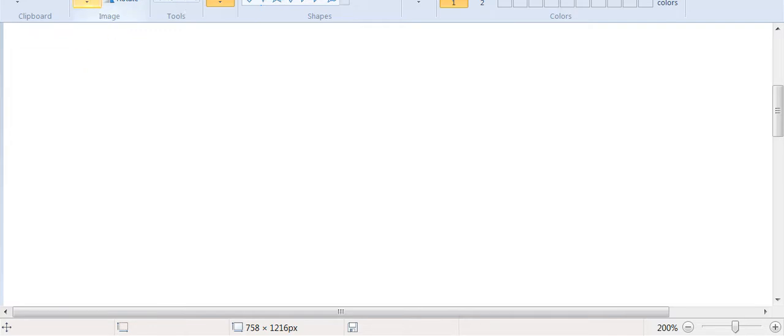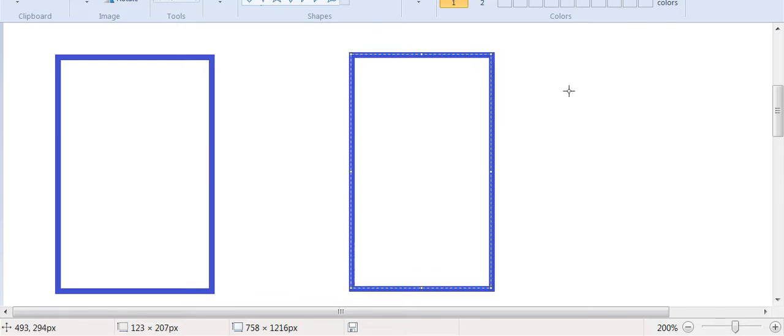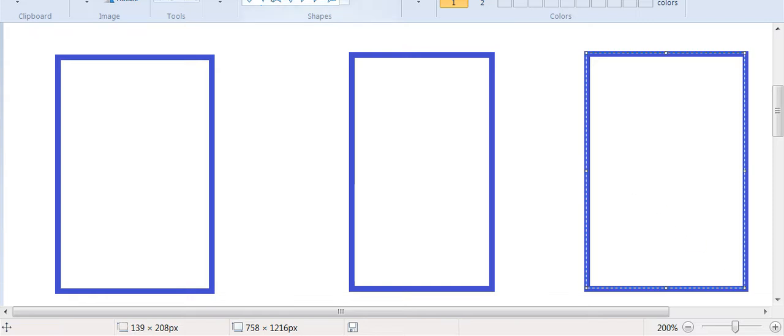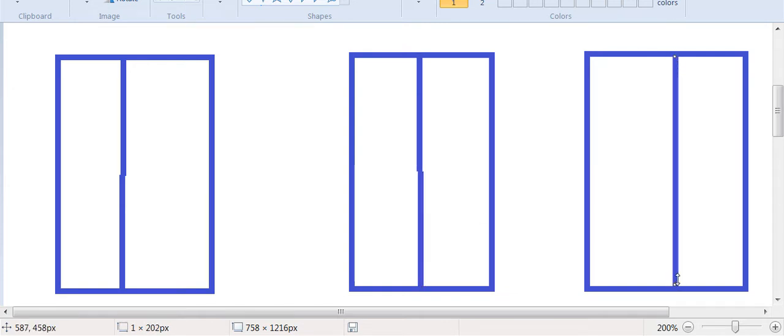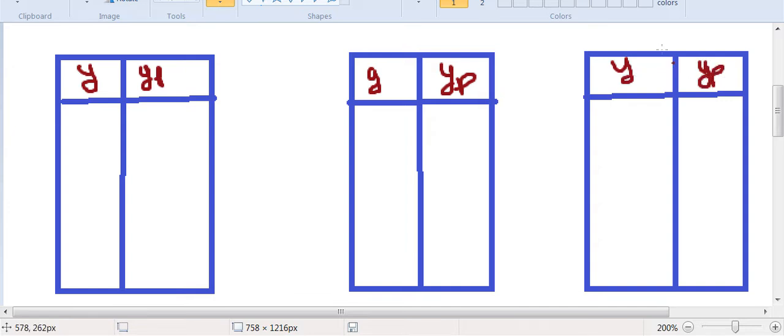I am writing here, see carefully. देखो ये मैं दो जगह लिख रहा हूँ, थोड़ा बड़ा हो डेटा इसलिए, फिर तीन जगह लिख रहा हूँ। ठीक है, ध्यान देना इस बात पे। तो आपको तीनों जगह से डेटा लेना है। ये y है और ये yp है, ये y है और ये yp है, ये y है और ये yp।